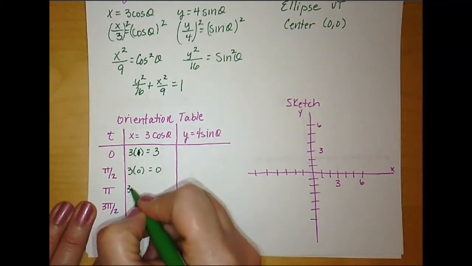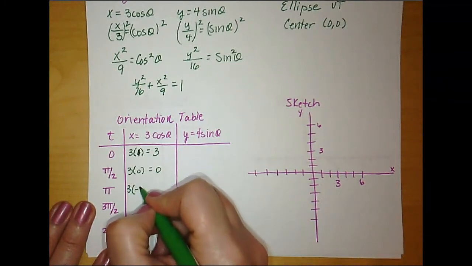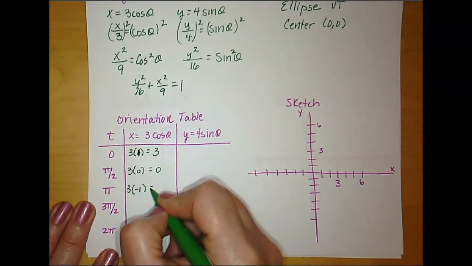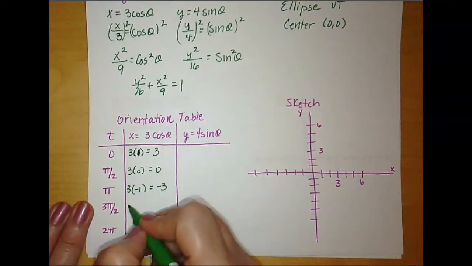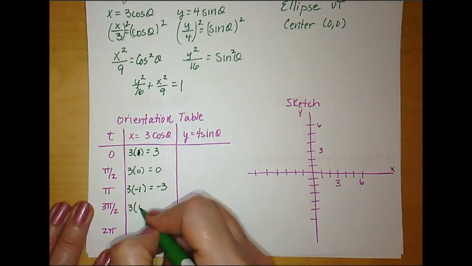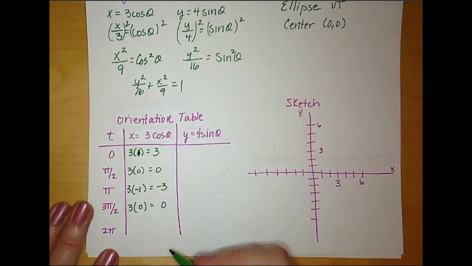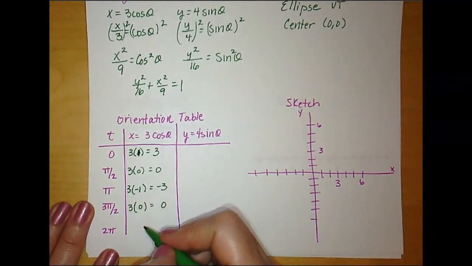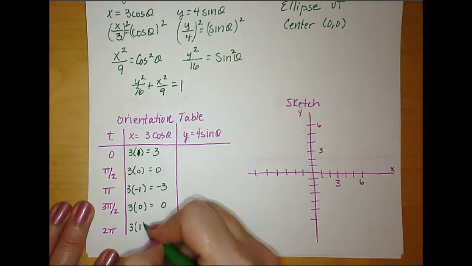And then we're going to say 3, and we're going to say cosine of pi. So cosine of pi is going to be -1, and 3 times negative 1 is negative 3. And then we're going to have 3 times the cosine of 3 pi over 2, so the cosine of 3 pi over 2 would be 0, and I get 3 times 0 is 0. And then finally, 3, and then I would say cosine of 2 pi, so cosine of 2 pi would be 1, and 3